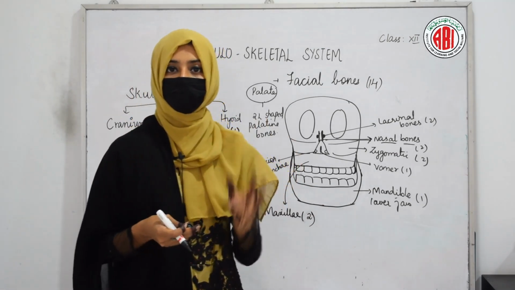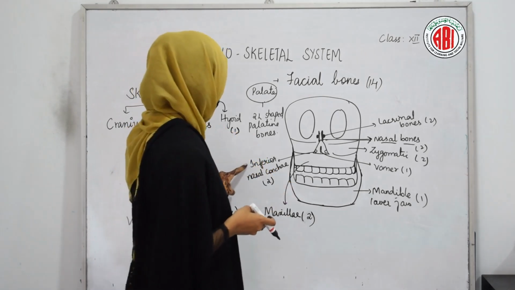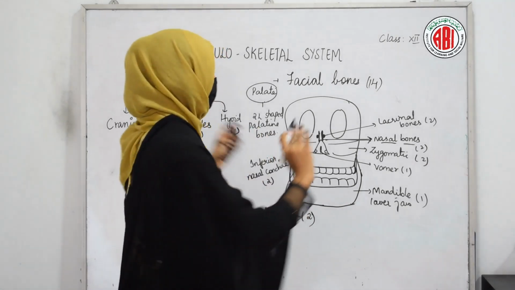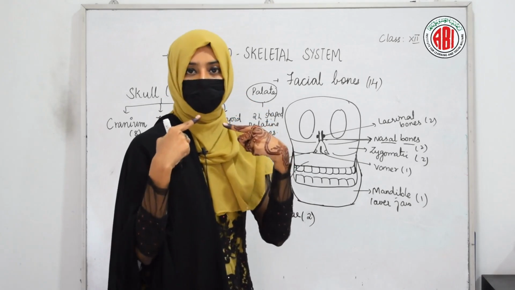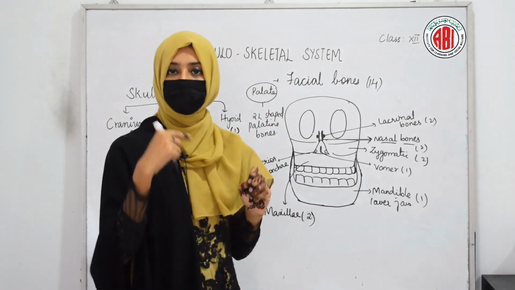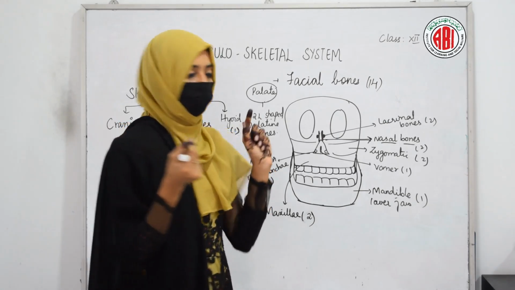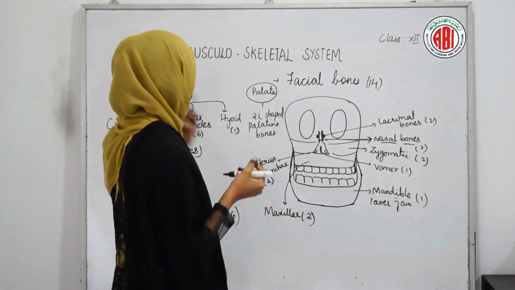At the inferior side of your nose, 2 more bones are present. Those 2 bones are called inferior nasal concha. See here, at the sides, nasal bones are present. Beside the nasal bones, 2 lacrimal bones are present. In the center, vomer is present, and in addition to this vomer, 2 small bones are also found, that are